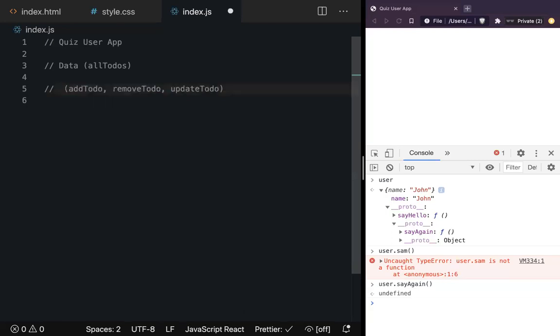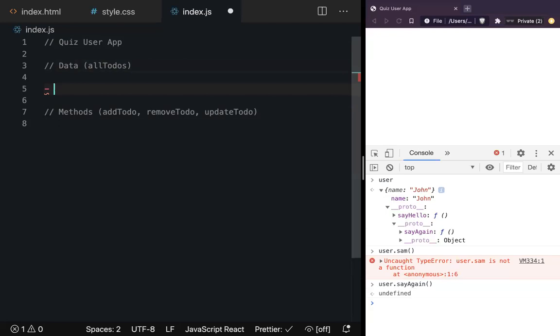So let's just call it method, because we are doing it for object oriented, and object oriented does it inside an object, and a function inside an object is known as a method. So every application requires two important things, that is data and methods. I've given you the example here, but let's think in terms of what data is required for quiz users. Say user app, what information will you need?